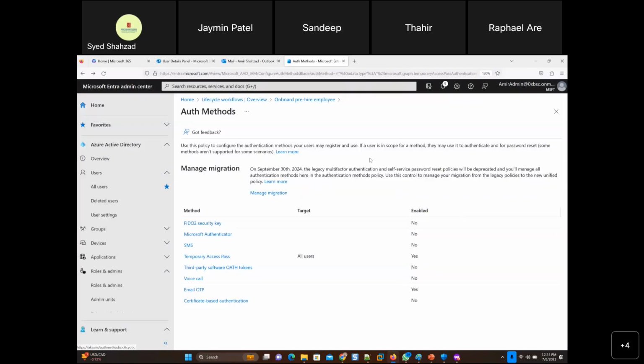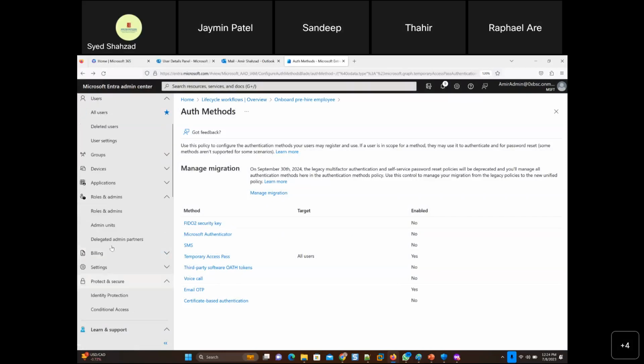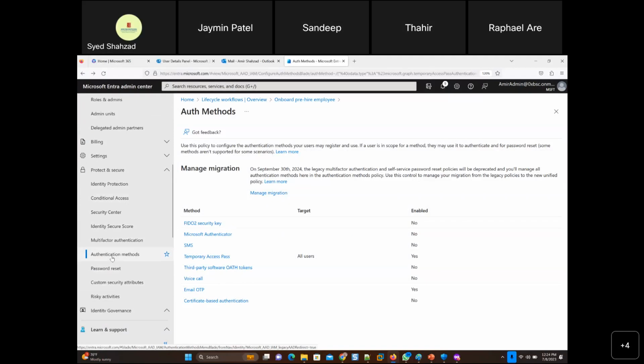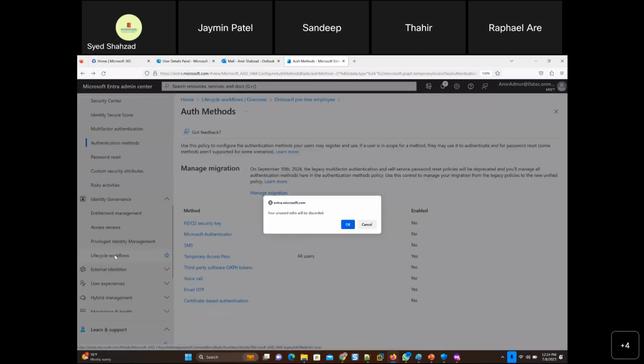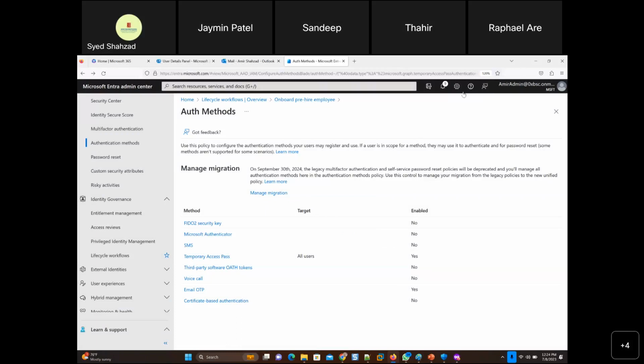Oops. I saved it. Okay, I'll just go the other way. It took me to identity governance, lifecycle workflows. Oh man, your unsaved edits will be discarded. Dude, I saved it, right? Yeah, it takes time.